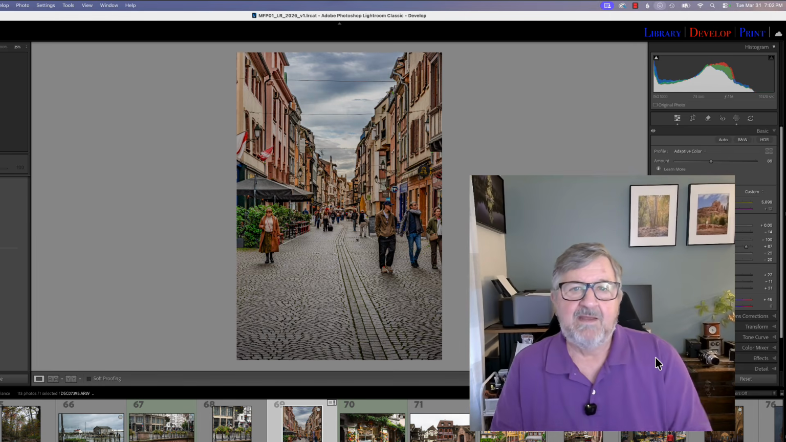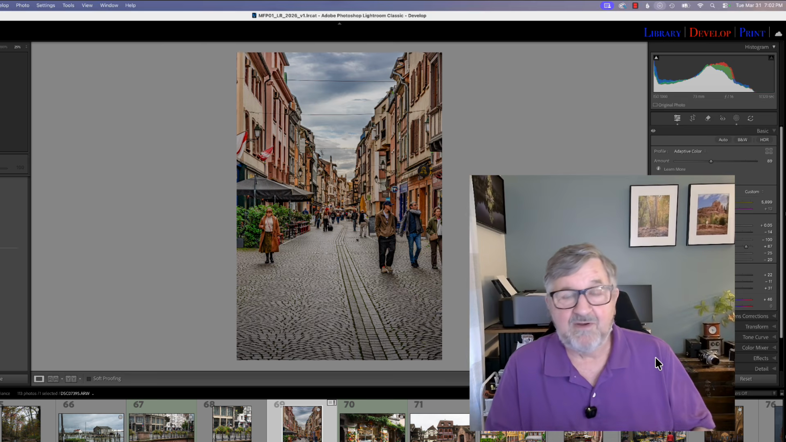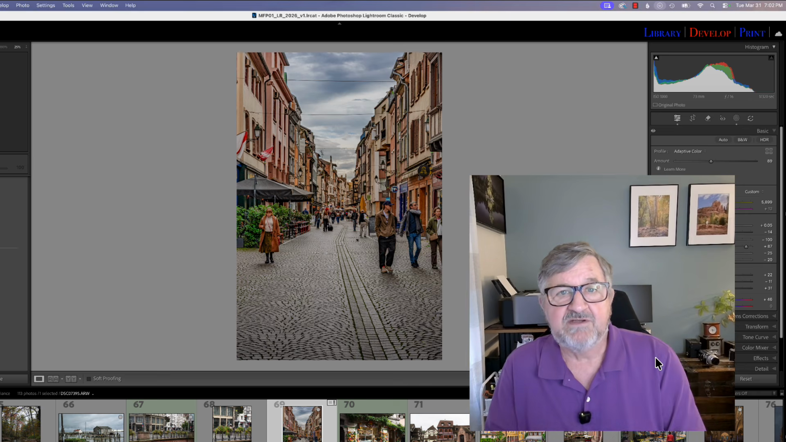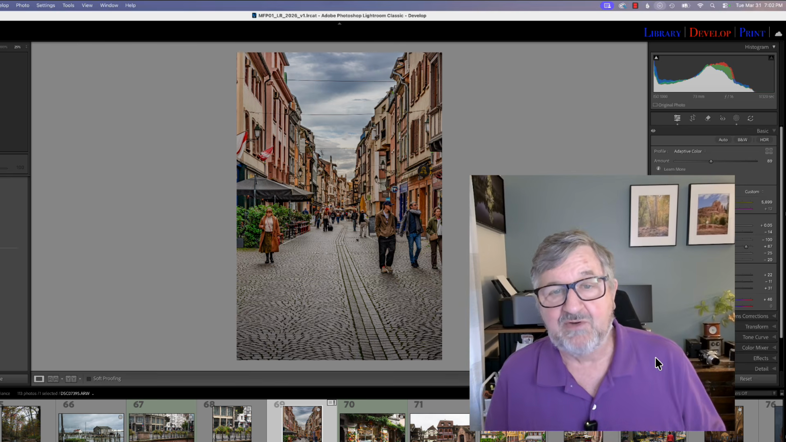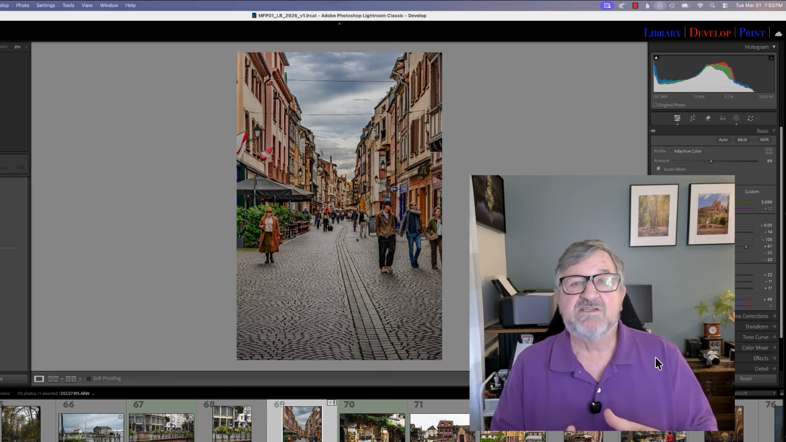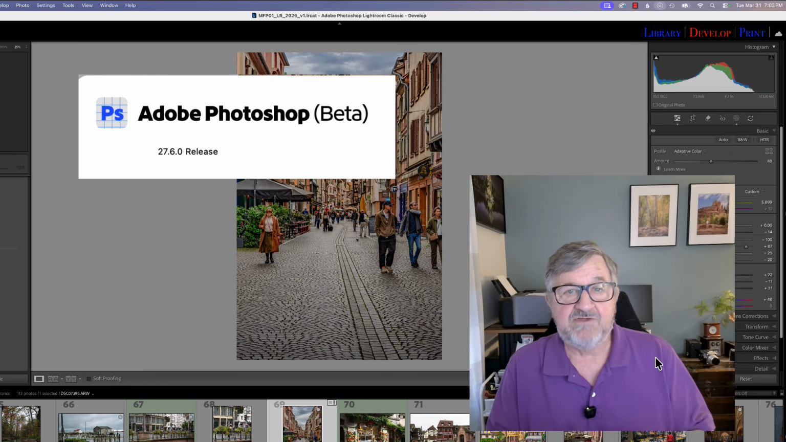This is Mickey. Today, I would like to continue our conversation of talking about third-party or external applications that we can use within Lightroom's workflow to further enhance our photographs. And what I want to talk about is the mother of all external programs in Lightroom, and of course that's Photoshop. We're going to be talking specifically about the beta version that just came out, Adobe Photoshop Beta version